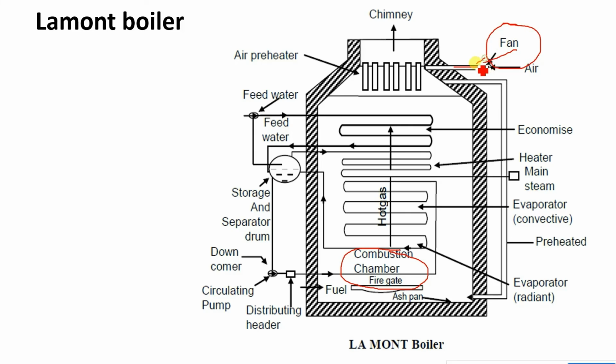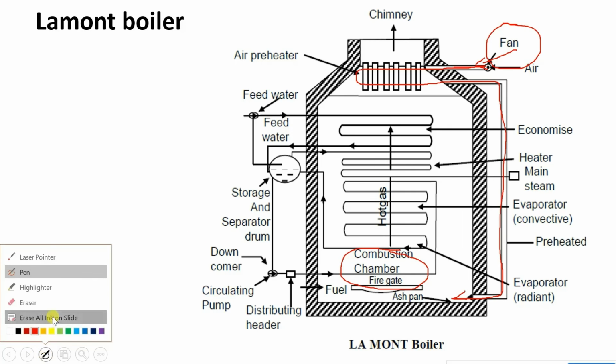From the atmosphere, this fan or blower supplies air to the preheater, and this heated air is supplied to the furnace. It contains less moisture, or moisture in the evaporated or steam form, so it doesn't much hamper the combustion process. Therefore, whenever air is required, we do not supply direct atmospheric air. It passes through the air preheater.